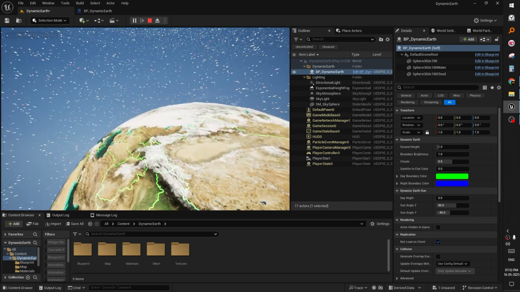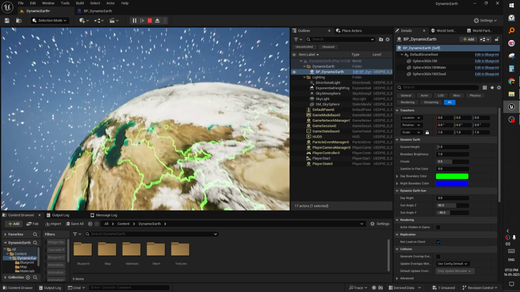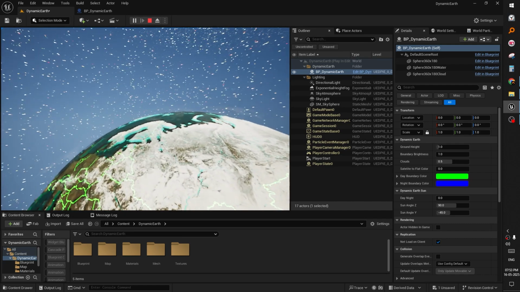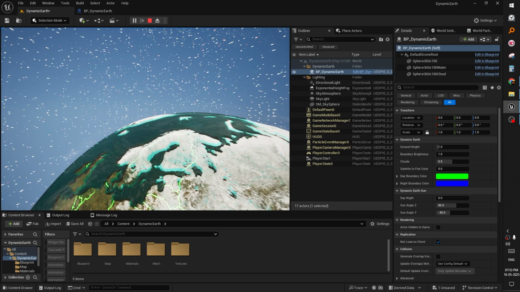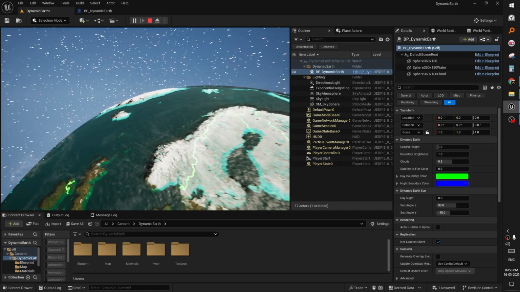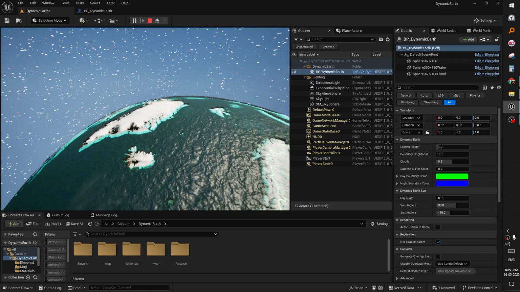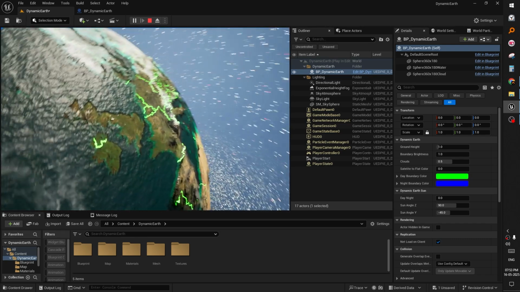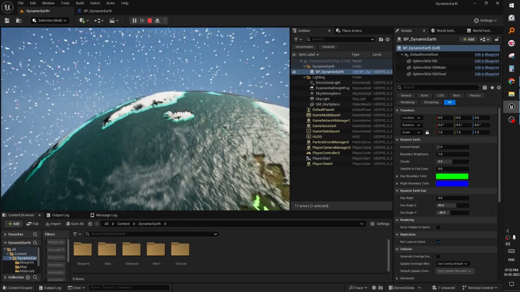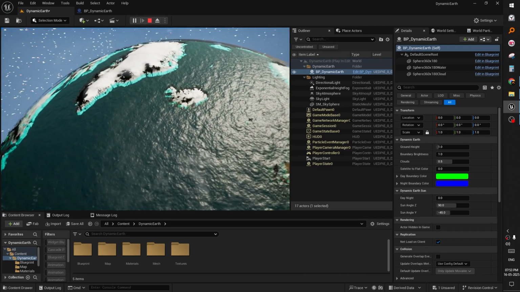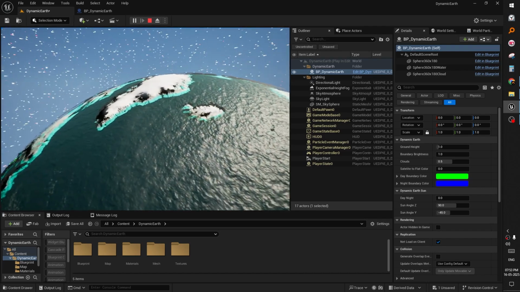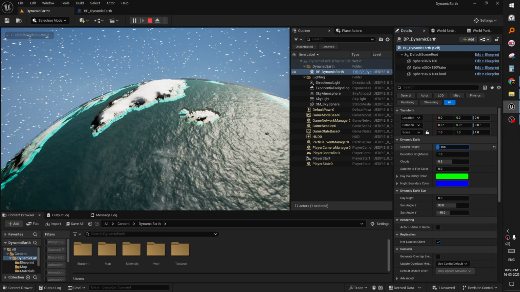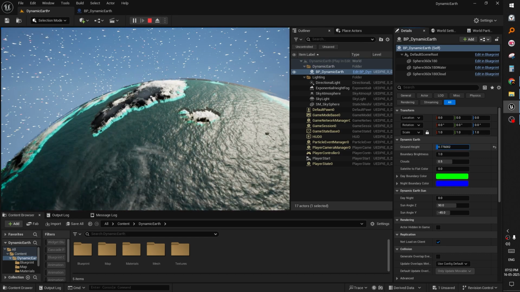Then we will move to some ice island, so you can see how exactly the ground height works. Okay, so as you can see, there are some glaciers, and you can adjust glacier height using this ground